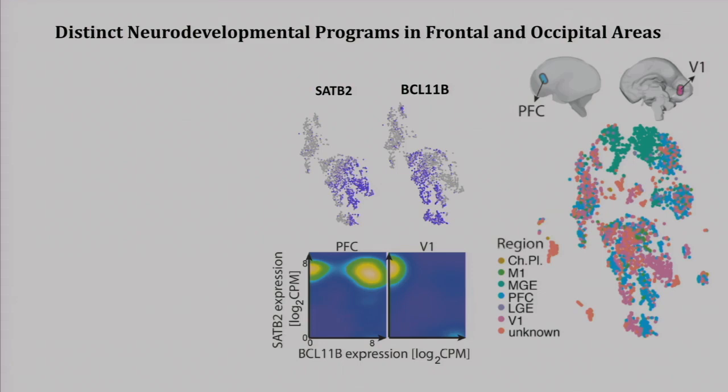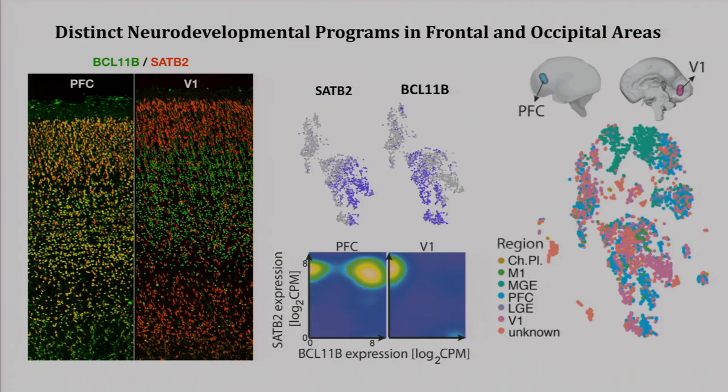And what was very surprising was that when we projected the expression data on our map, we noted that in the visual cortex, the expression of these markers is selectively excluded from each other, whereas in the prefrontal cortex, something that was quite surprising to us, a very high proportion of cells co-express these markers. And given that these transcription factors regulate cortical connectivity, we hypothesize that perhaps they could lead to differences in the emerging connectivity in the cortex.